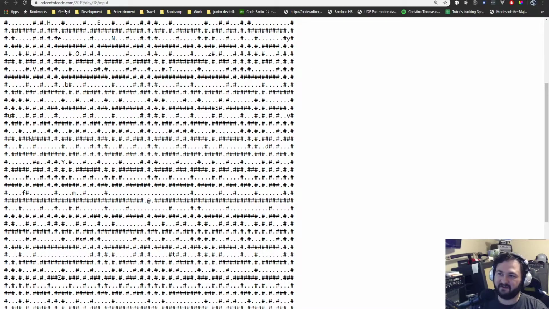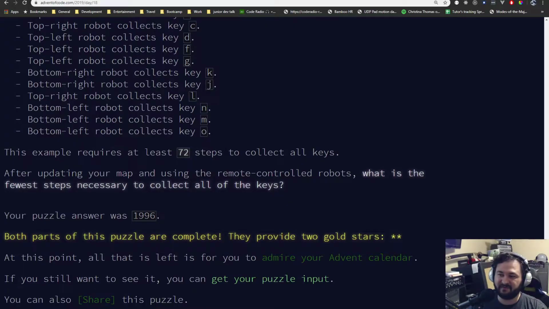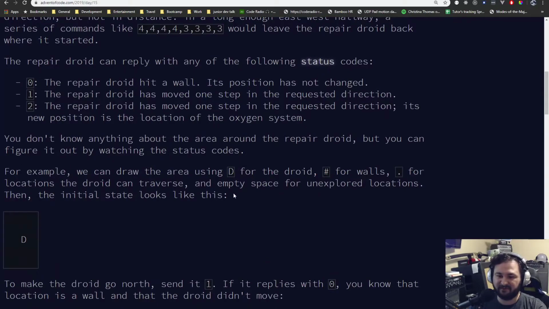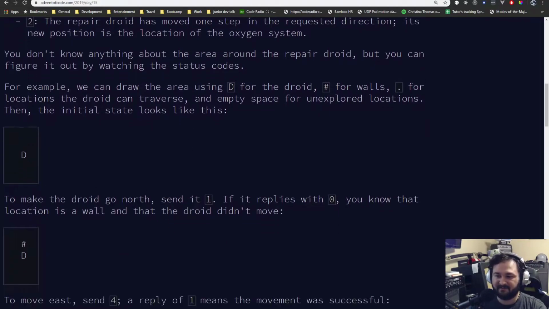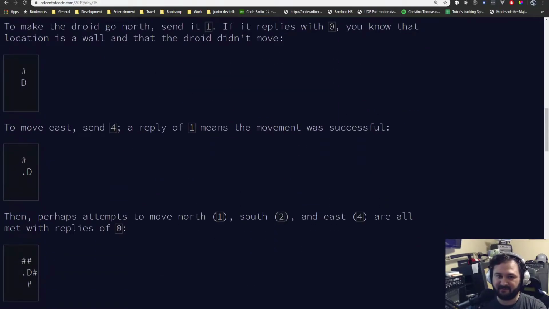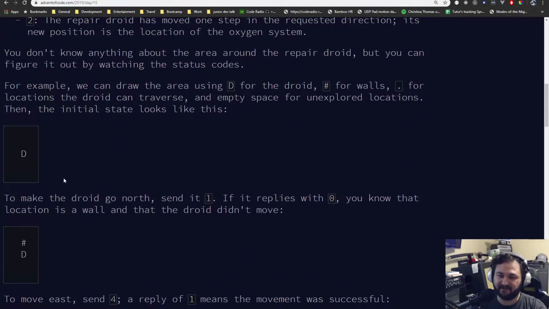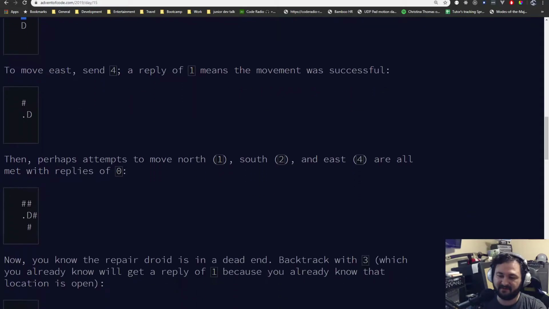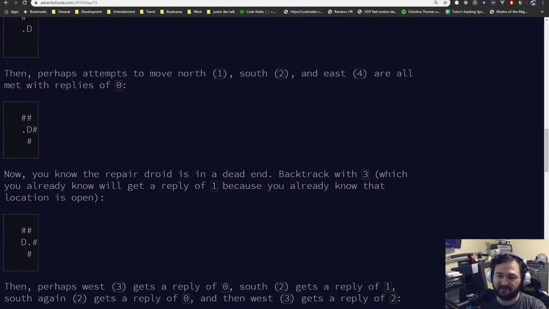for your algorithm. And so I started using that for day 18, but on day 15, they give you a maze where you don't know what the walls are. So if you start here, you don't know anything. And if you try and move up, you hit a wall. Or if you go right, you hit nothing. And if you go up again, down, or right, you hit another wall. So you've hit a dead end.